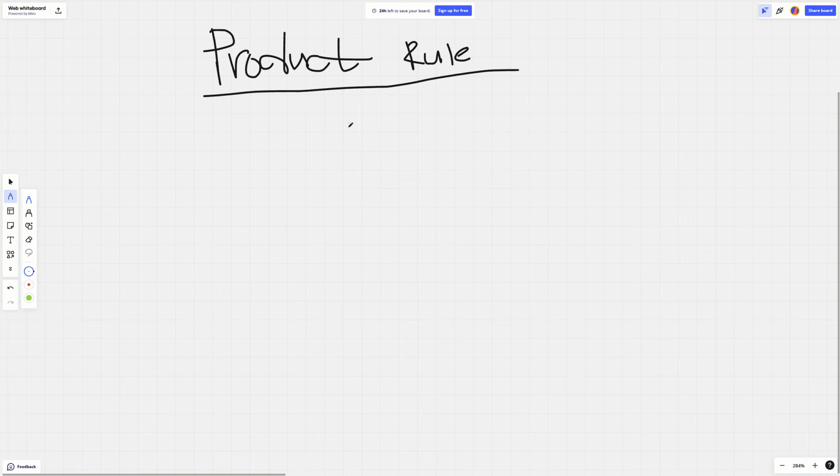So how does that look with the example? It's a lot better to visualize this with an example using that theorem. Before I dive into the example, let me write out the actual theorem here. So we say that d over dx of f of x times g of x